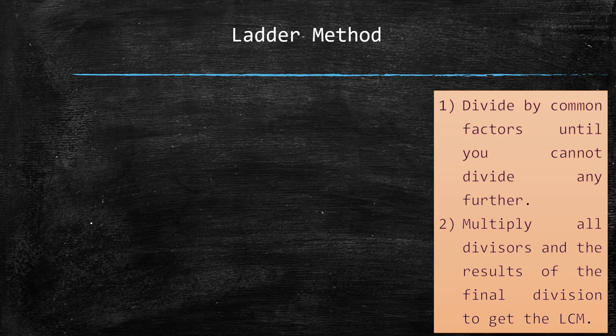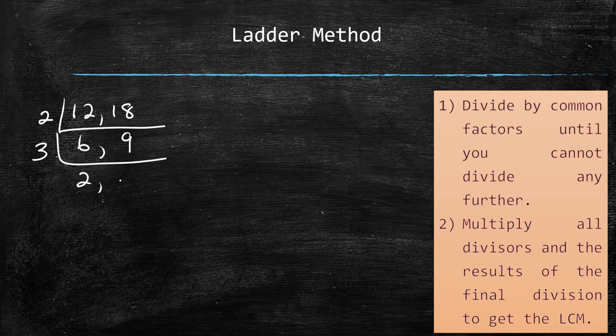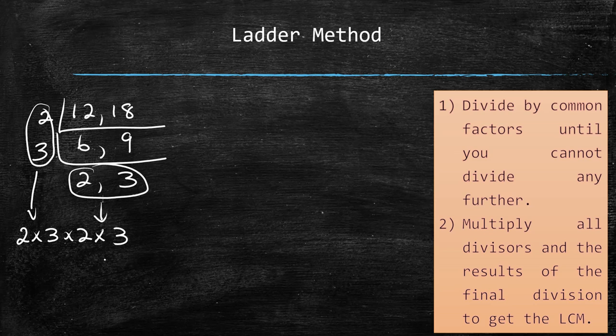When you do this last method, it is much simpler to do. You just keep dividing until you find no more in common to divide by. So let's look at the 12 and 18 example that we did in the previous two. So dividing by 2, we have 6 and we have 9, dividing by 3, we have 2, and then we have 3. And then all I have to do is just simply take the 2, multiply by 3, multiply by 2, multiply by 3. This pair here comes from the divisors, and this pair here come from the results,